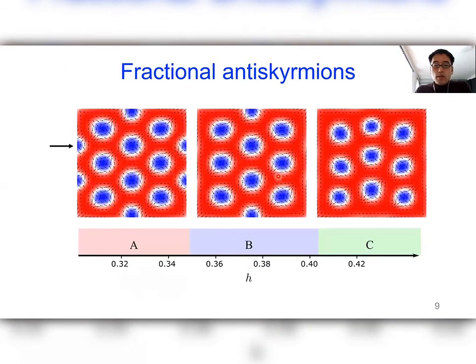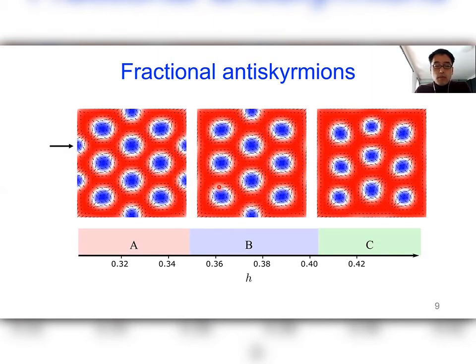So now we turn our attention to finite systems. Here I show spin textures stabilized at various magnetic fields. From the high magnetic field level at C, initially we have a twisted magnetization along the sample boundaries, so antiskyrmions are repelled from edges, and they are only found inside the bulk of the sample. But as we decrease the magnetic field, we see these fractional antiskyrmions stabilized along the sample edges. They are cut into half at the sample boundaries, and so carry a net fractional topological charge. That's why we call them fractional antiskyrmions.